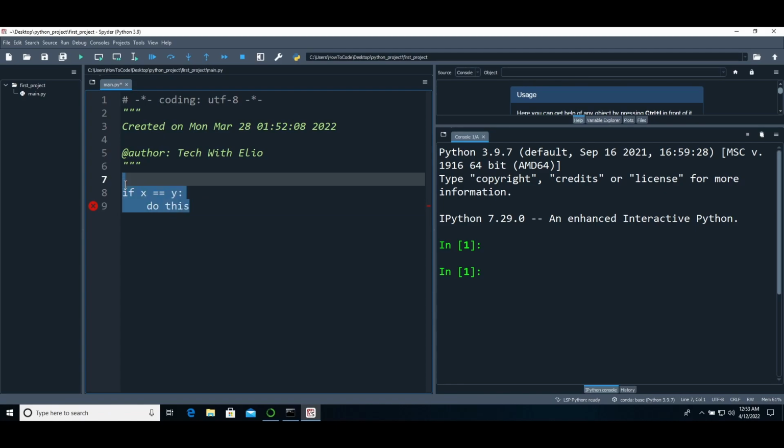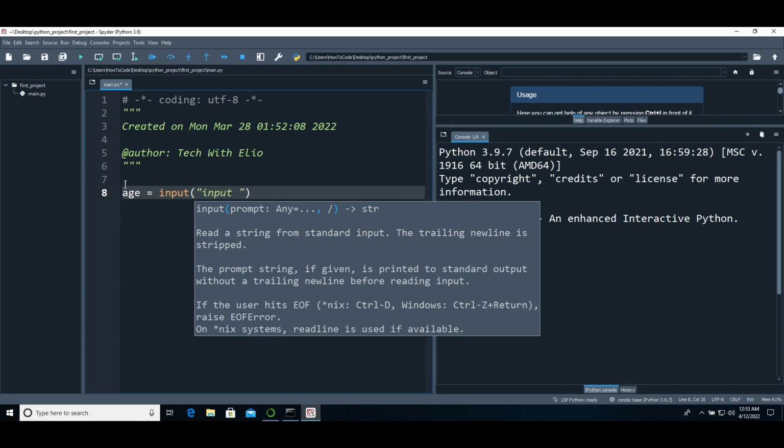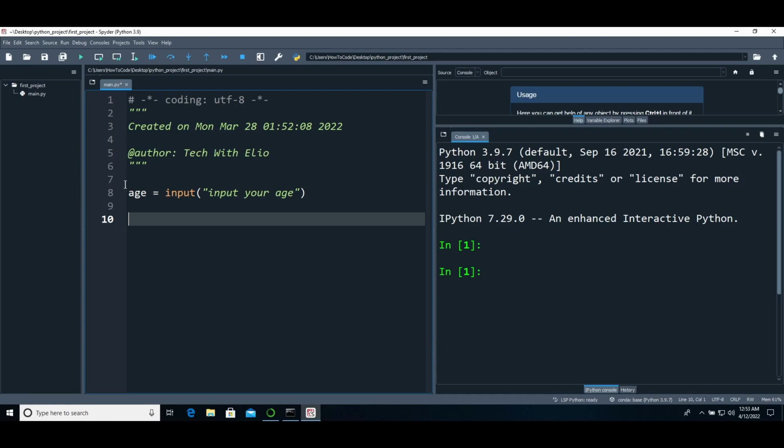Now let's do a real example. Let's take an input from the user. Let's say age is equal to input, and we will print input your age. Great. So now let's say if age is equal to 16, we will print your age is 16. So to do that, we have to write if age is equal to 16, colon, print